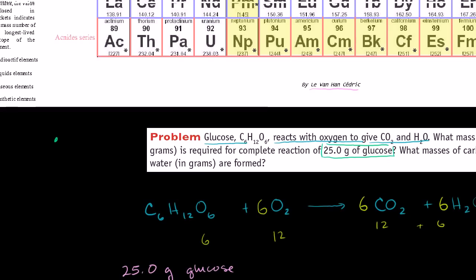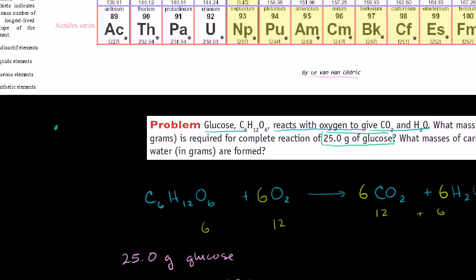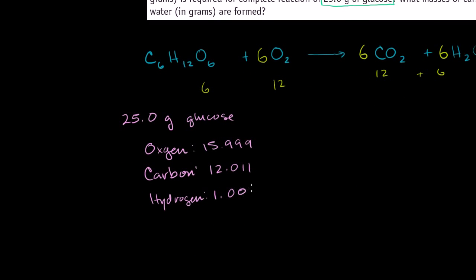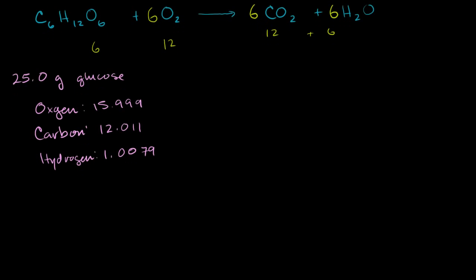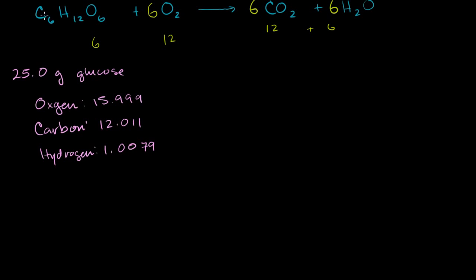1.00, was it 1 0 or 2 zeros? It was 2 zeros. 1.0079. So, what's the atomic weight of glucose given all of that? So what's the atomic weight of glucose? Let me scroll down a little bit. So if we have, so the atomic weight of glucose,